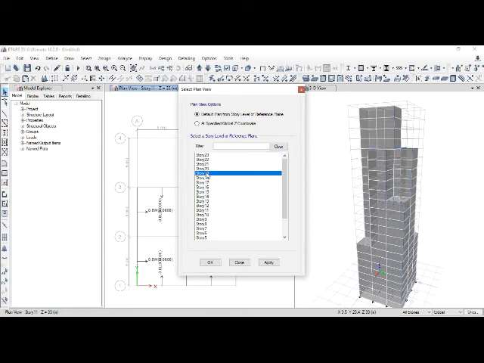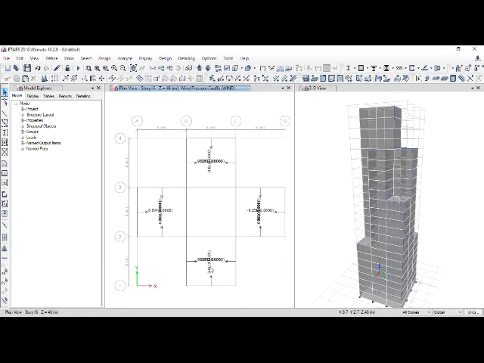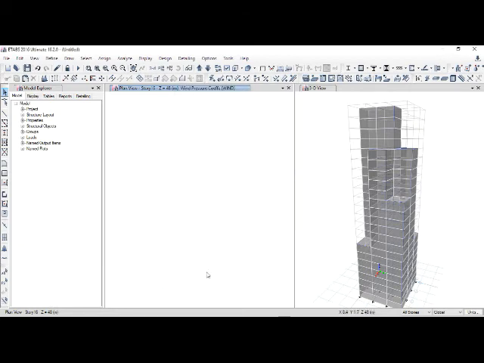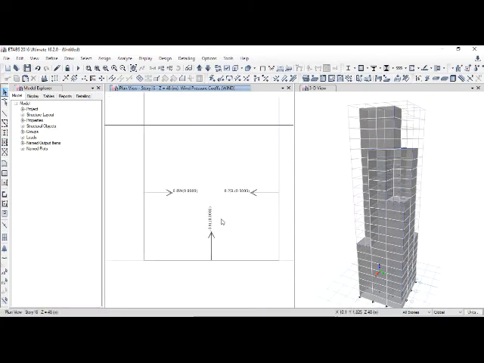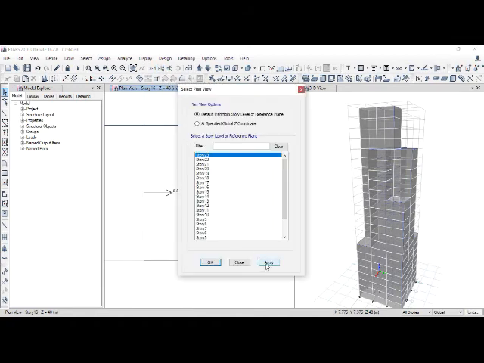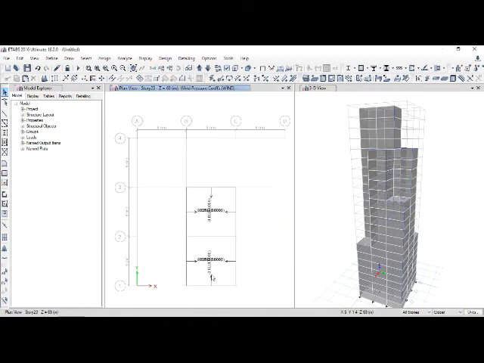So we'll go to the third set of stories and we can check whether all the perimeters have been subjected to wind load or not. Now you can see that all the perimeters are subjected to wind loads. Now we'll go to the last set, which is the 23rd story, and you can see that the perimeter is subjected to wind load.